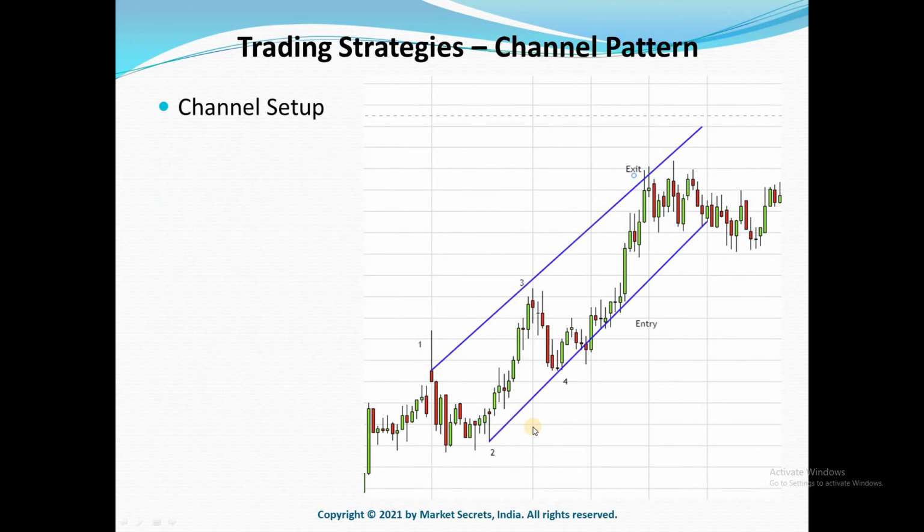So going back to our example, when do we buy or sell using the chart pattern? So if you look at this chart pattern, like we discussed earlier, these four are the building blocks of the channel. So once these 4 points are formed, we will draw the upper trend line and lower trend line and we will get a channel. So once the channel is formed, when the price hits the top of the channel, you can sell your existing long position and you can take a short position. And when price hits the bottom of the channel, you can cover your existing short positions and you can take a fresh long position. So if you look at here, you can take a long position here and you can exit here. And you can take a fresh short position here and you can exit it here.